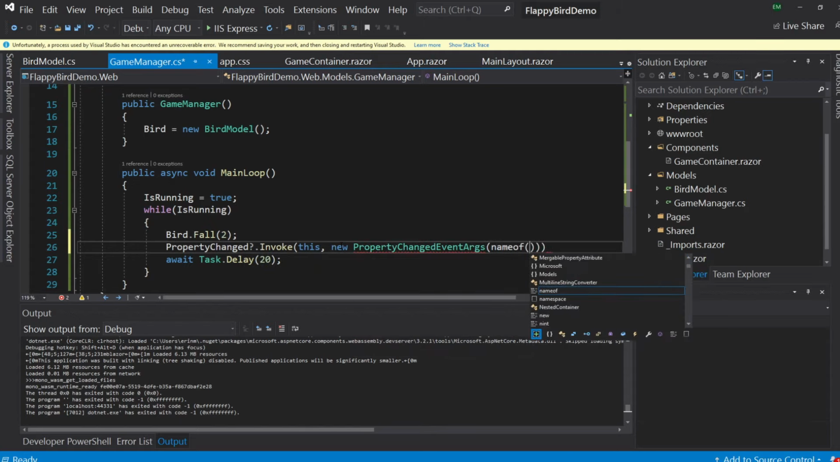So the bird object has changed after the fall method. So fall, notify that something changed, await 20 milliseconds is now what our loop reads. Now, we need to go into our game container and tell it what to do when the property changed event is raised. So we're going to come in here right after we create the new instance of our game manager. We're also going to say a game manager property changed event. We're going to